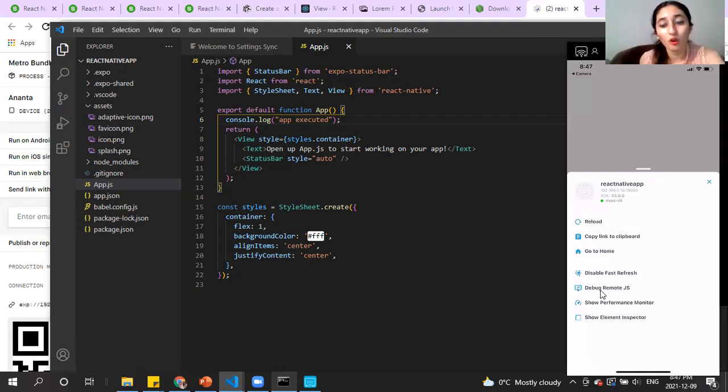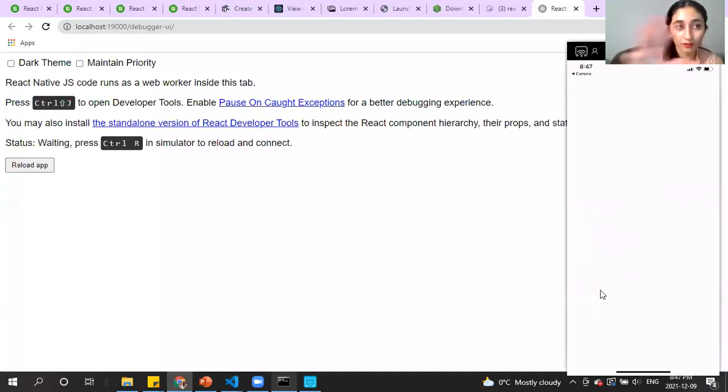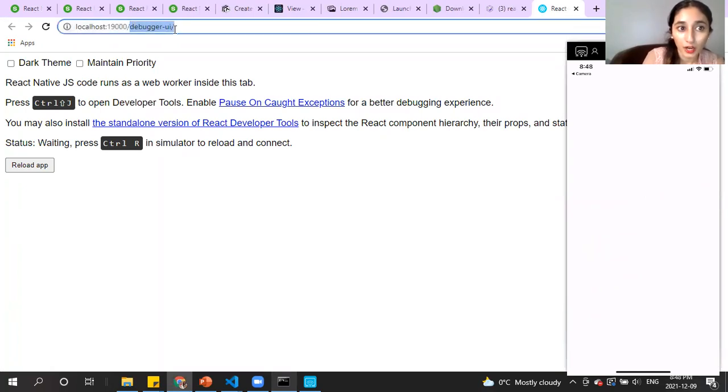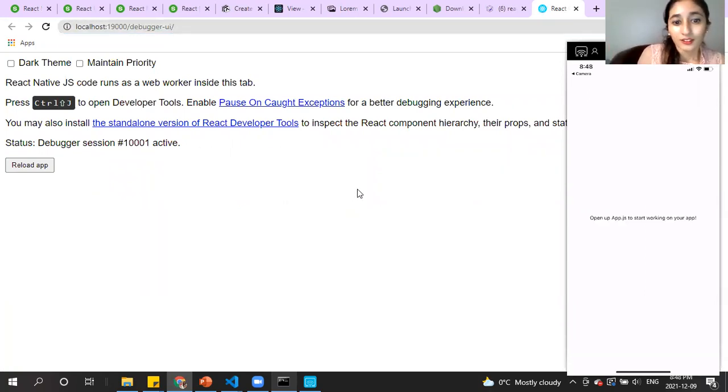One of the benefits is obviously that you can have breakpoints. You can actually see which line is being executed and where it comes out of the exception. So maybe then you can use this tool, right? So you click on debug remote JS. This should open this URL, localhost, debugger UI. Has everyone reached there? So once you are here,